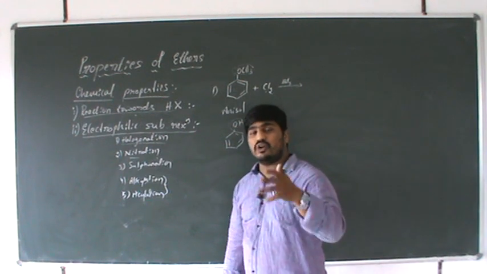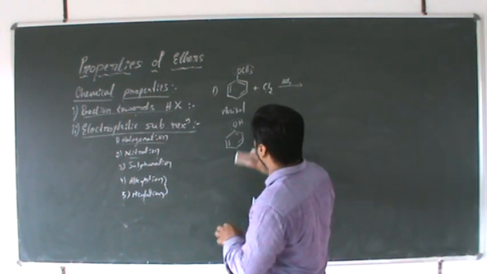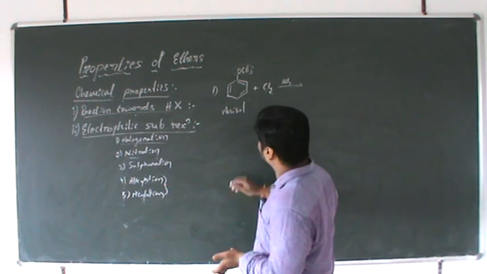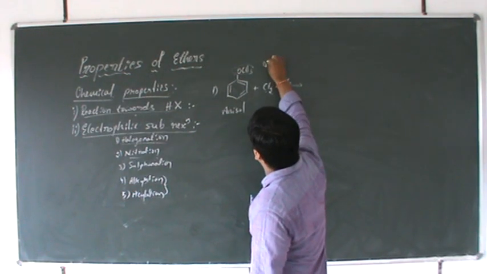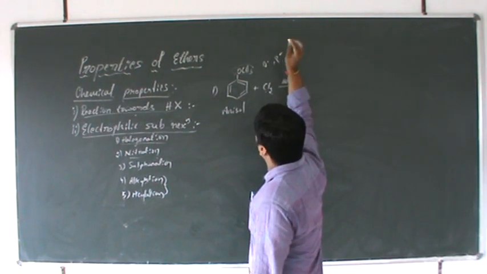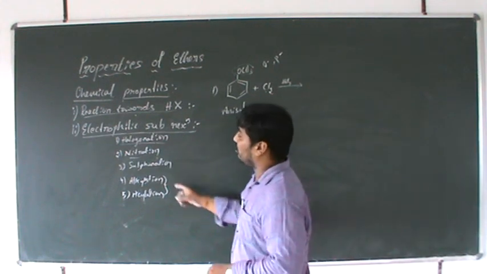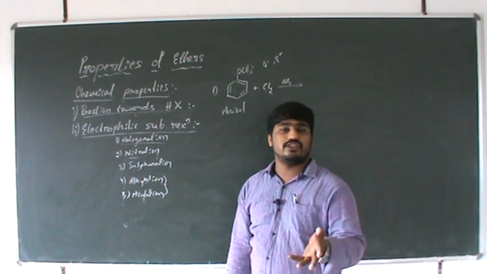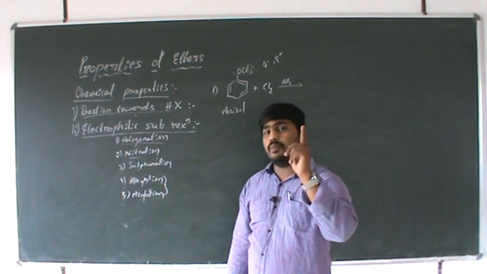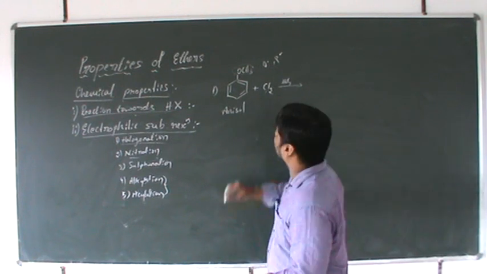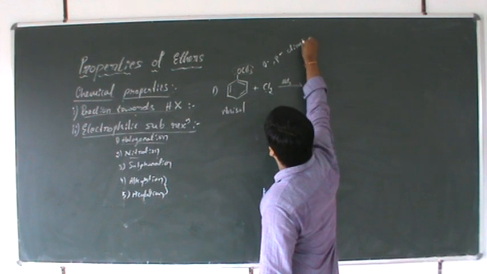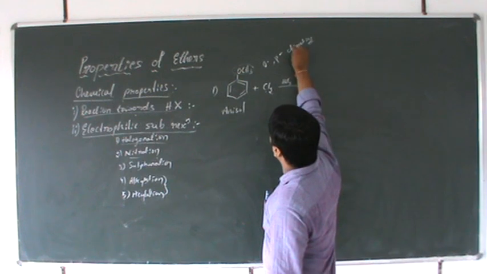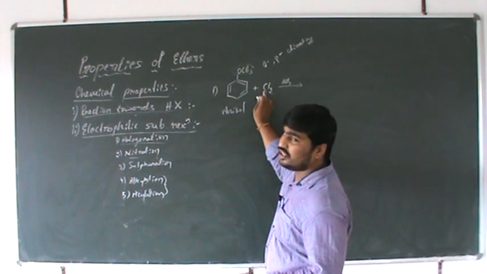Because of electron donating groups attached to benzene, that gives ortho or para positions for the attack of the electrophile. Therefore, the ether part is known as an ortho-para directing group. Okay, ortho-para directing groups. This one is an ortho-para directing group for electrophiles. Due to that, chlorine always attacks on